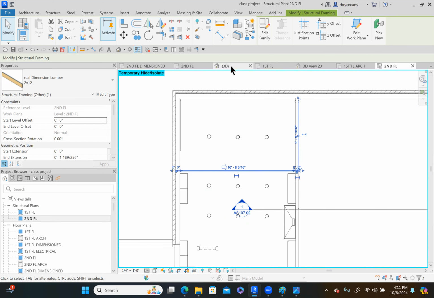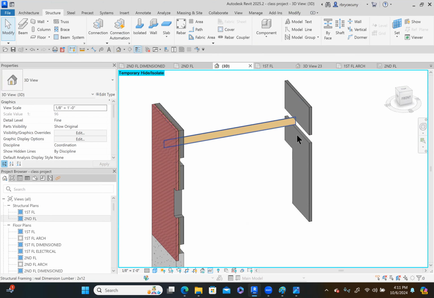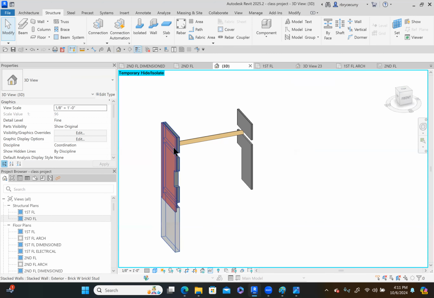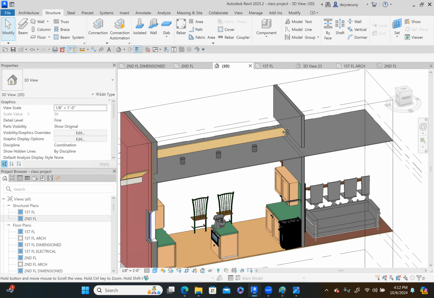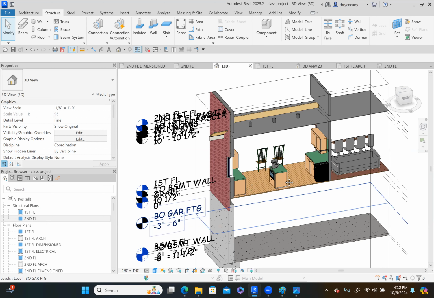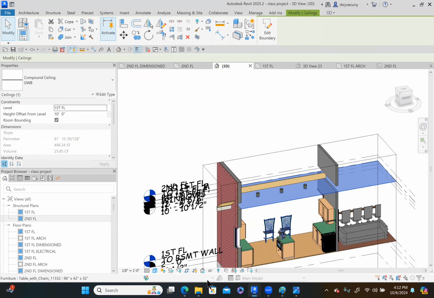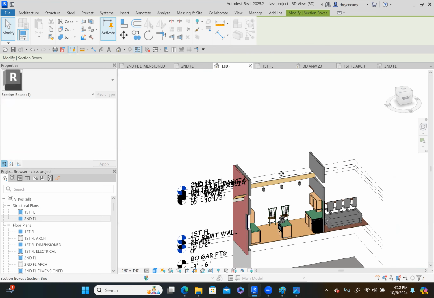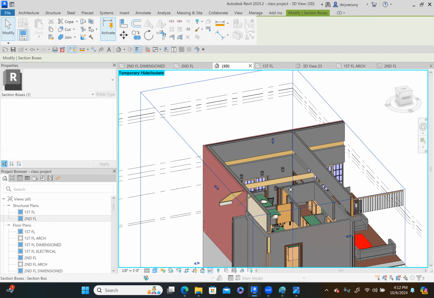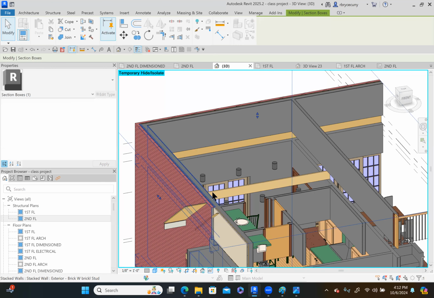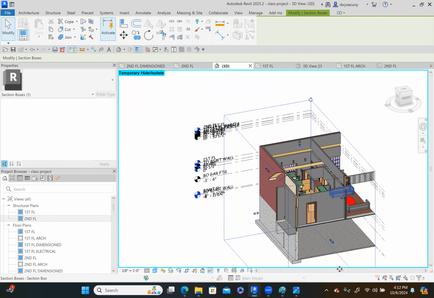And if we look at it in 3D, it kind of looks like that. It's going to rest on this wall and the outside wall. So if I were to expand that, if I expand this a little bit more, you can see, let's turn that off so that we're not confused by the ceiling. But let's just take our crop region, or you can see we have one in there and it spans across from resting on this wall to resting on this wall. So if we take a look at our